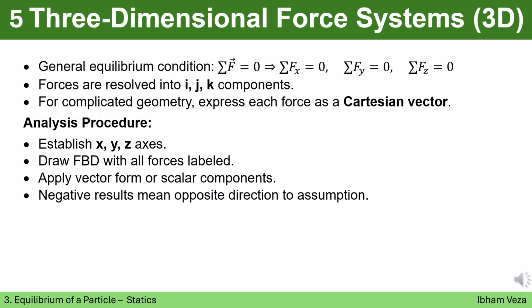The recommended procedure is to establish coordinate axes, draw a complete free body diagram, resolve forces into components, and then apply the equilibrium equations. As with two-dimensional problems, a negative answer indicates that the actual direction differs from the assumed